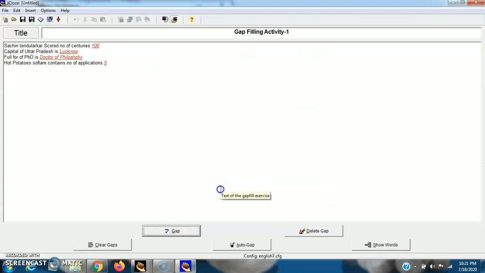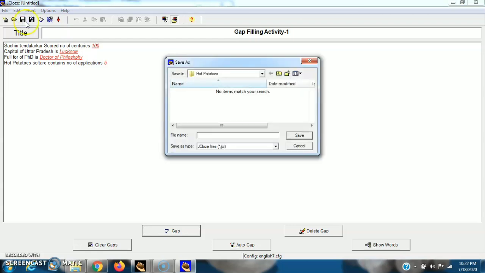So in this way we can add 100 questions, as many questions as we want to add. We can save it in a similar way as we have saved the JQuiz, by clicking here. In the same folder we have created for Hot Potatoes, and suppose I write here its name, gap filling.